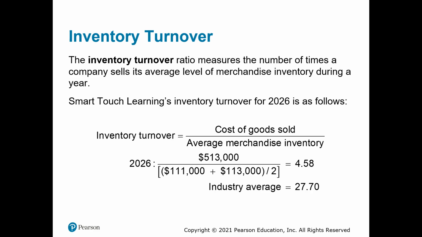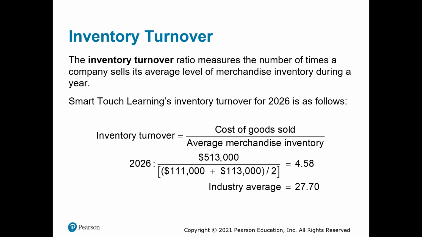What is an average level of inventory? For me, the easiest way to conceptualize it is to think about a big retailer like Walmart. They have to stock their shelves. How much inventory does it take to stock their shelves? Because they keep their shelves fully stocked at almost all times. Well, that would be the average amount of inventory that they had on hand. So every time they clear out their shelves entirely, I know they don't do that, but hypothetically, if they did, it'd be 1 turn. So we can calculate the number of times we flip the average level of inventory we have on hand at any one given time